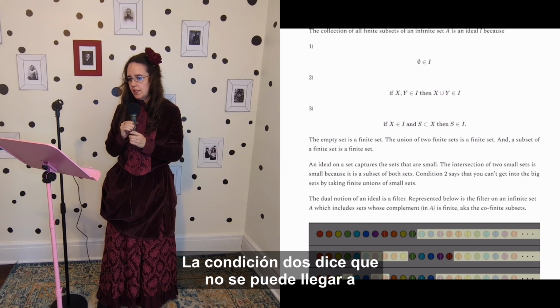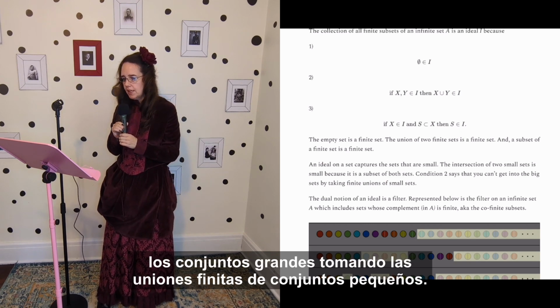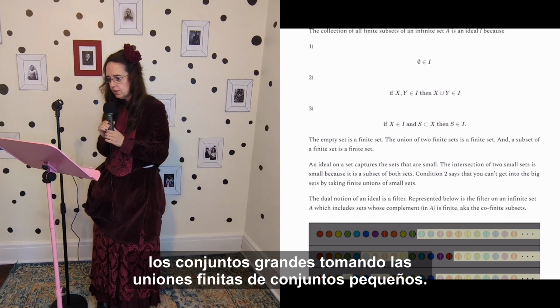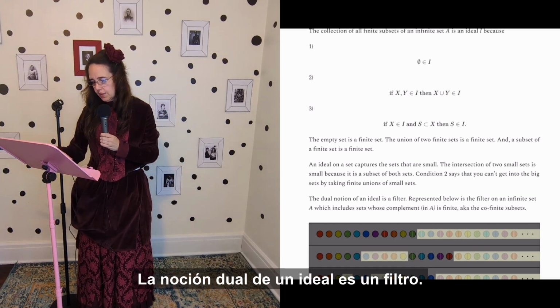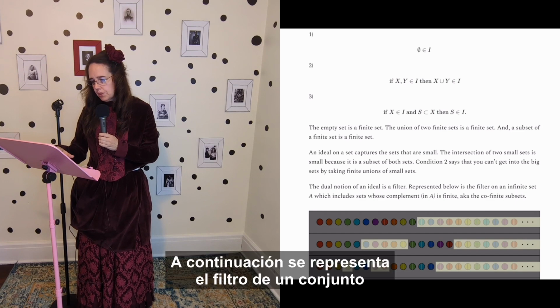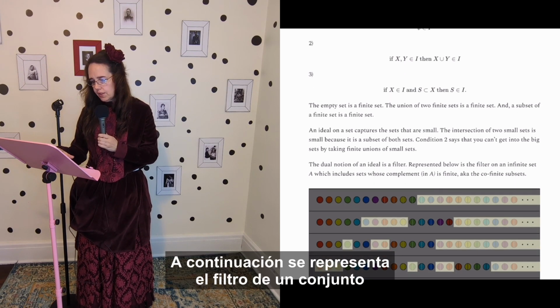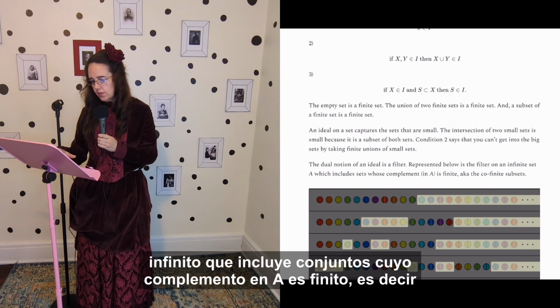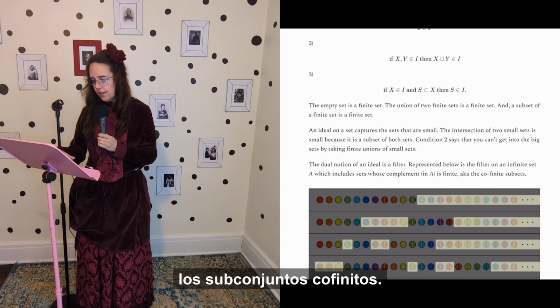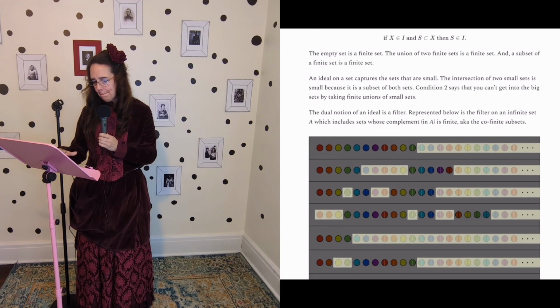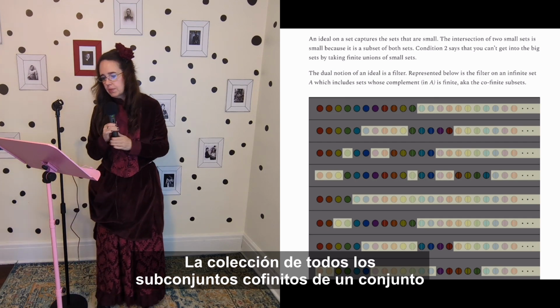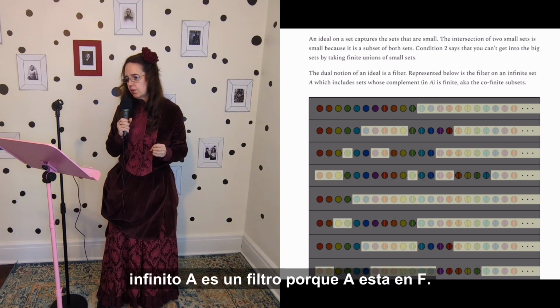Condition 2 says that you can't get into the big sets by taking the finite unions of small sets. The dual notion of an ideal is a filter. Represented below is the filter on an infinite set, which includes sets whose complement in A is finite, aka the cofinite subsets. The collection of all cofinite subsets in an infinite set A is a filter because A is an